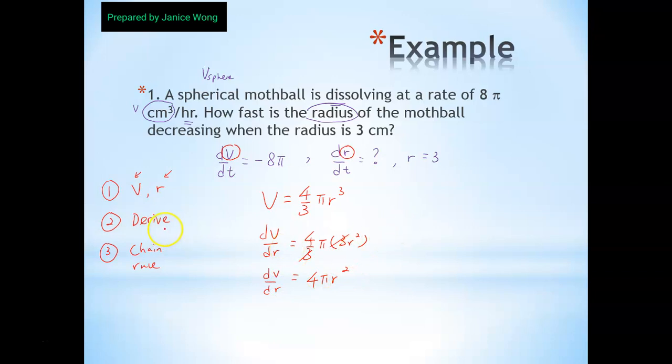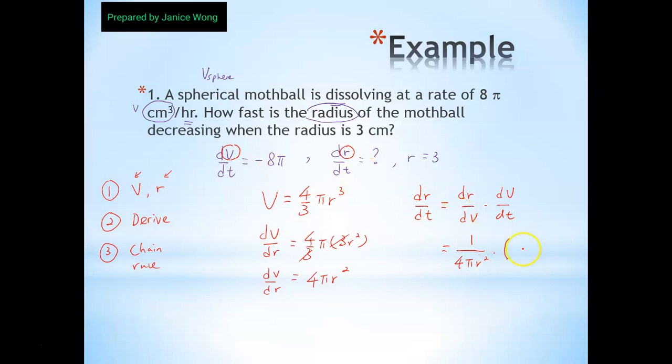This is dV over dr. Now, after derivation, we use chain rule to answer the question. The question asks for dr over dt. dr over dt will equal, put dr and dt separately. In between, what do you put? Other than t and r, we have one more term, that is v. So in between, we put dv. What is dr over dv? We have dV over dr here. dr over dV will be the reciprocal of this, so switch it. 1 over 4 pi r squared times dV over dt,